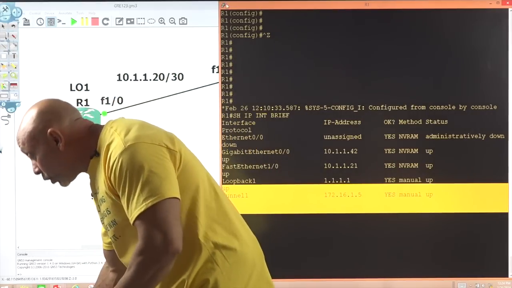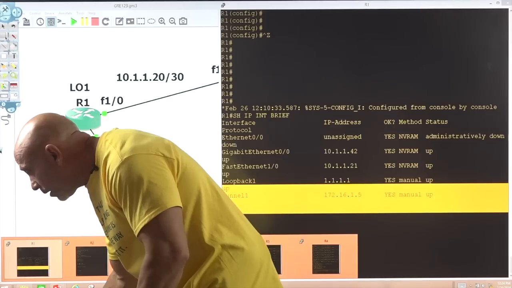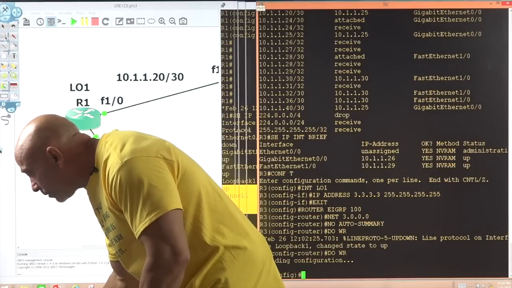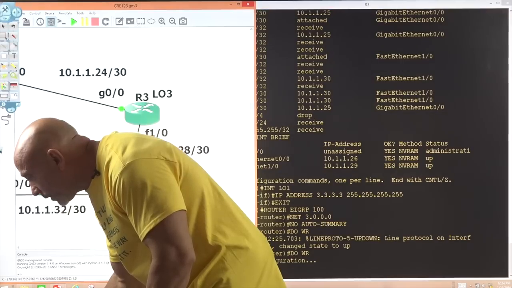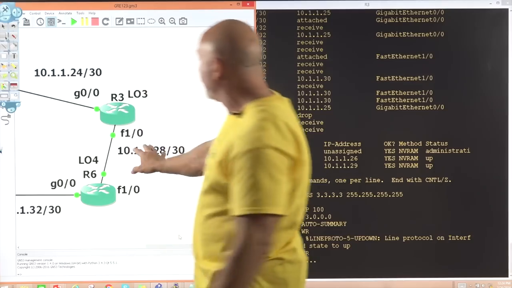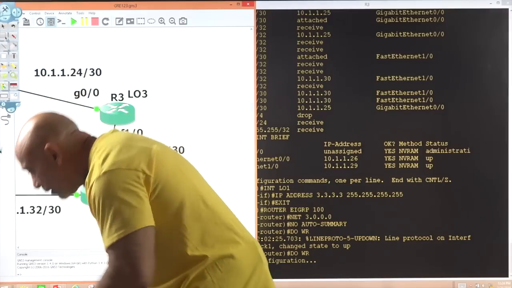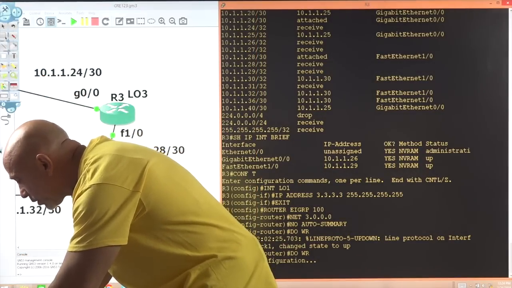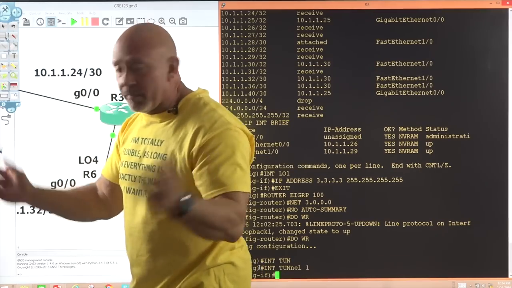Let's go now to router 3, where we're going to do the opposite of what we did here. Here's router 3 right there. Okay, so we're already in global configuration. So interface tunnel 1, could be whatever.